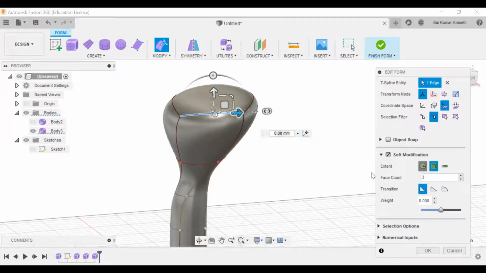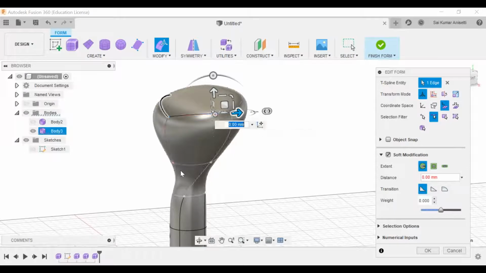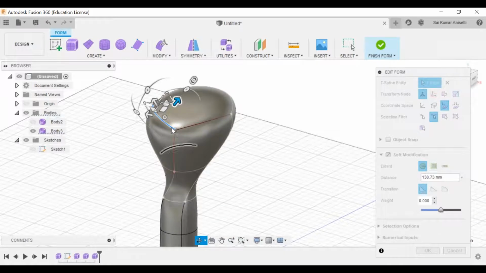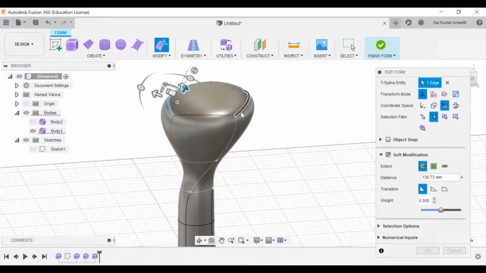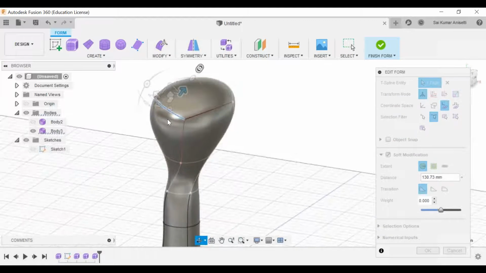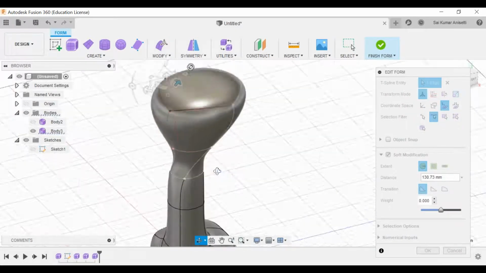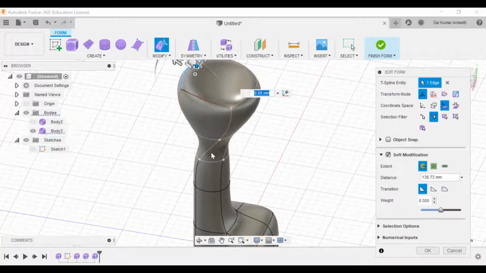If I select this edge, now see the contours. See, it is darkened over here and it is lightened over here. What it actually means is your edge is curvature continuous with respect to this. If I modify this particular edge, the influence is more on this neighboring edge, and it has less influence on this edge, and less on this, and it does not have any influence on this particular edge. That is black. You have white, light red, dark red, and you have maroon.